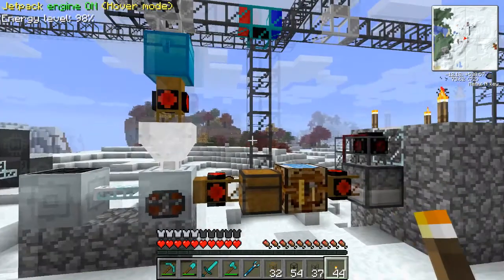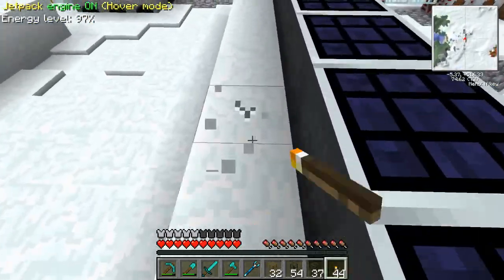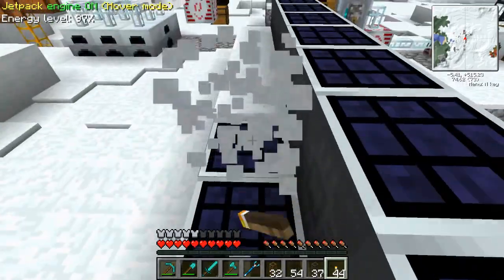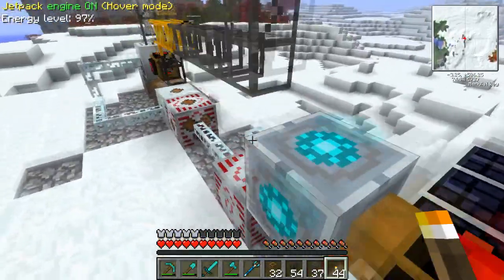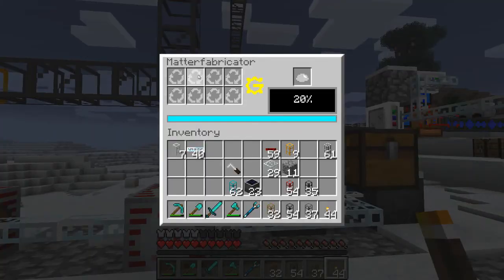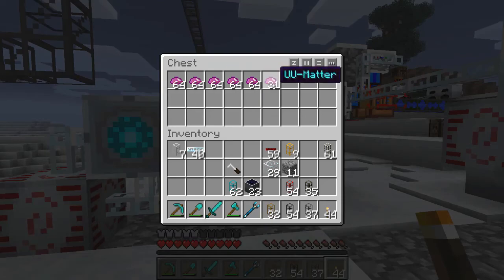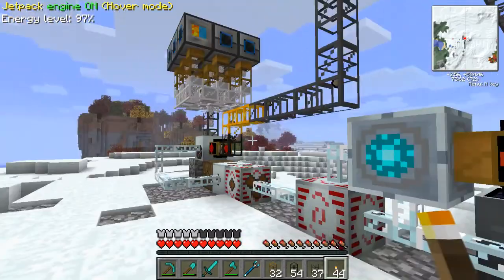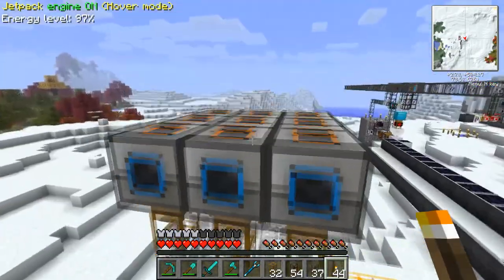Now the rest of this involves, well, if we go over here, you see we have a gazillion ultimate solar panels, because I didn't know how much they created and how much we needed. And this is actually feeding a matter fabricator, which created quite a bit of UU matter when I wasn't paying attention. But over here we have, I think, 9 igneous extruders,